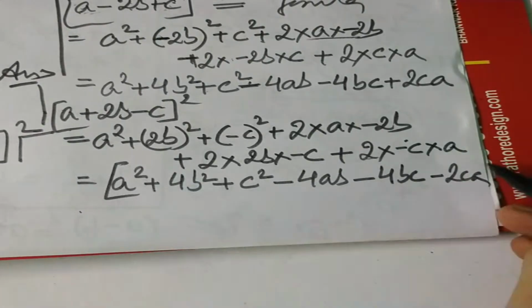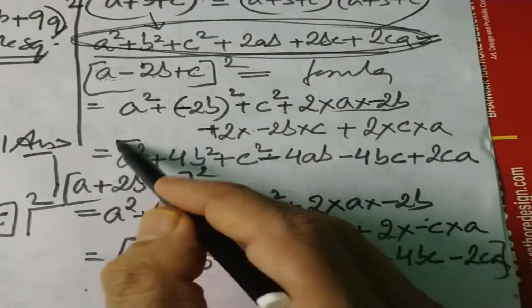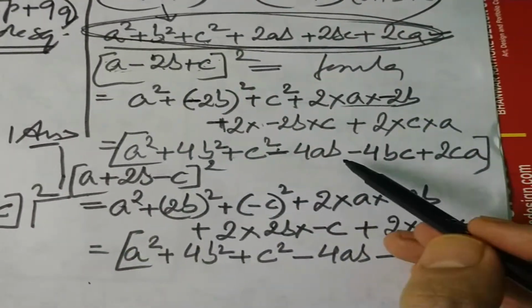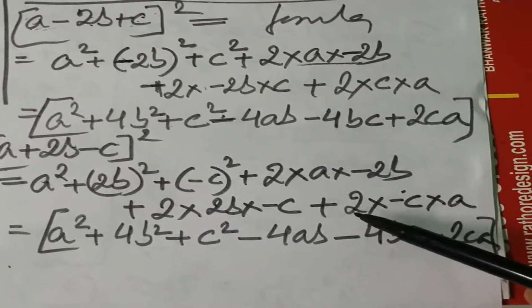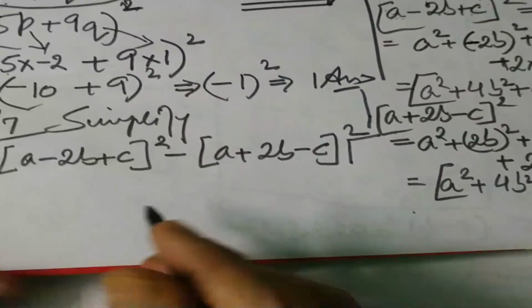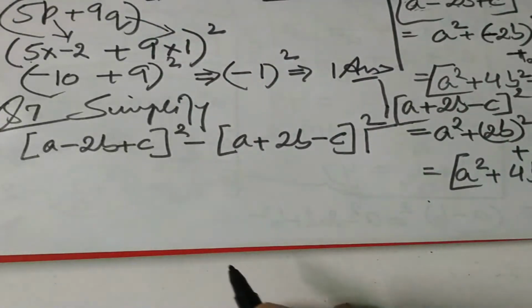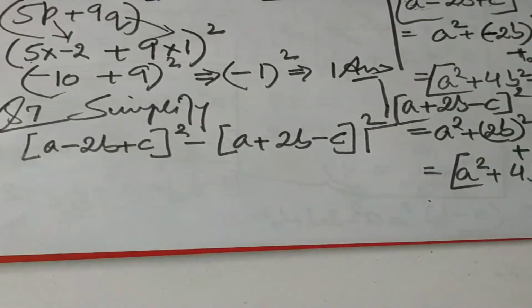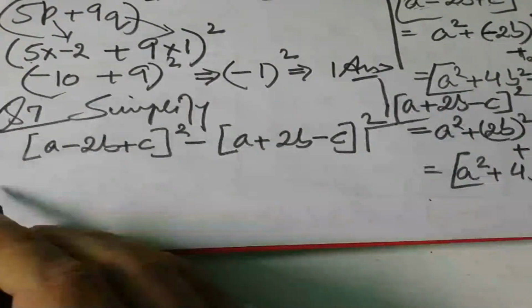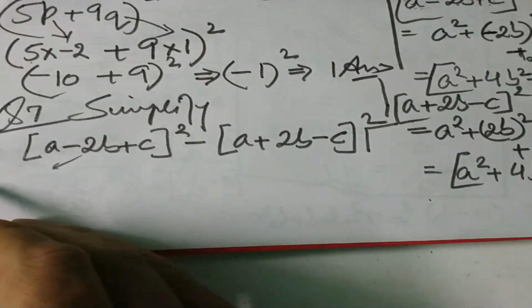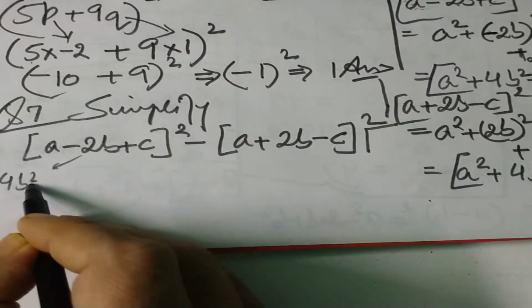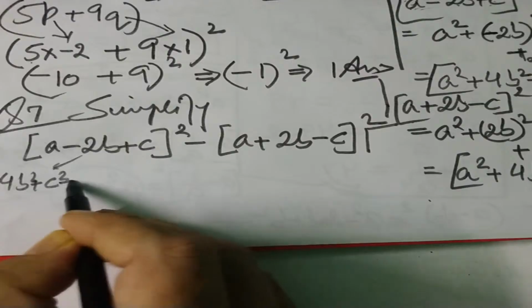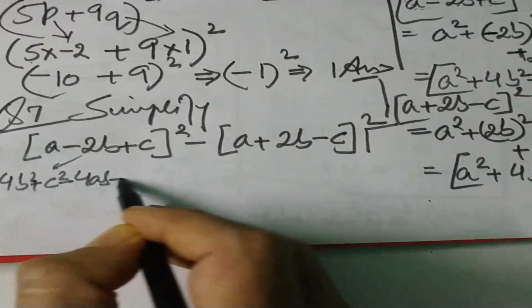So I have got two answers. The first answer is this, and the second answer is this. Now these two have to be subtracted. Now it will become lengthy. So when I write that in terms, the answer of this is a square plus 4b square plus c square minus 4ab minus 4